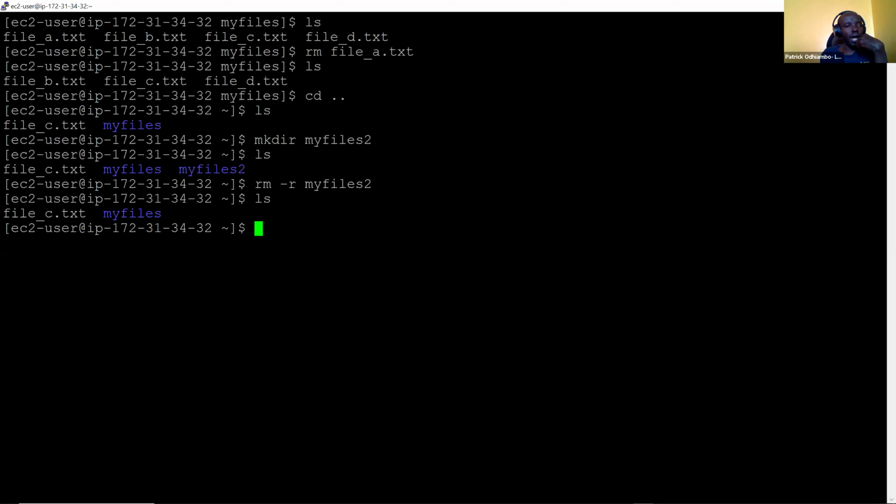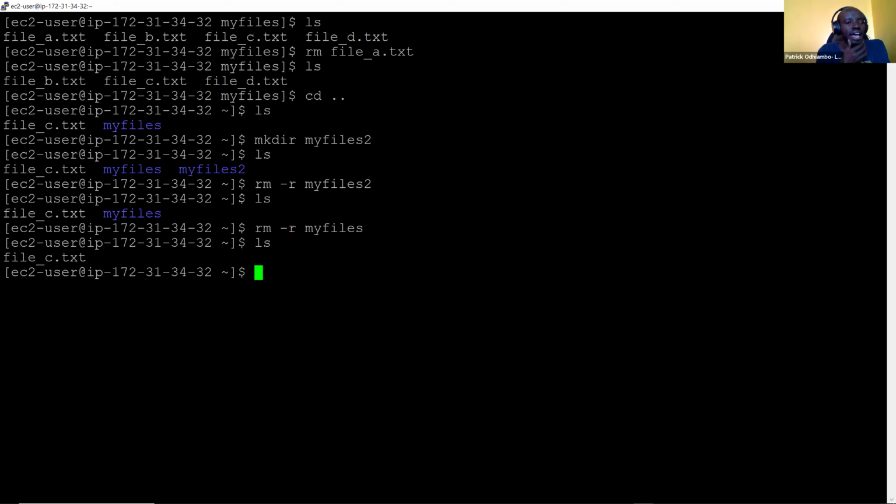That one has worked. Now before we try any other command for the directory that has files in it, let us try the same command that Naboth has given us for a directory that has files in it and see what we will get. So we just change this one to my_files, and then enter. Oh, don't tell me that it has worked. ls. It has worked. No, we are supposed to get an error.